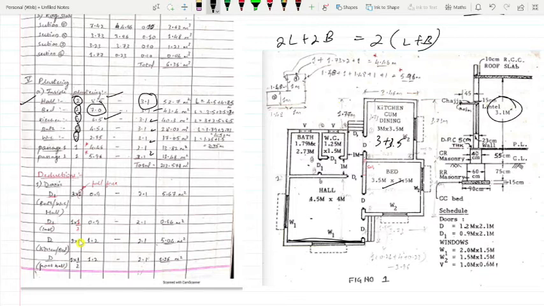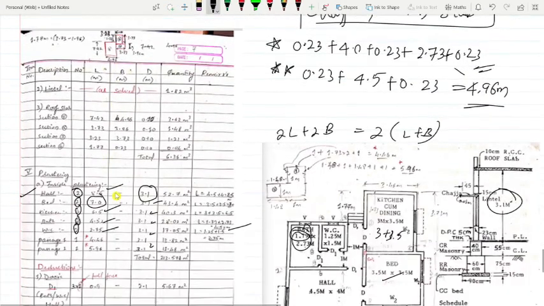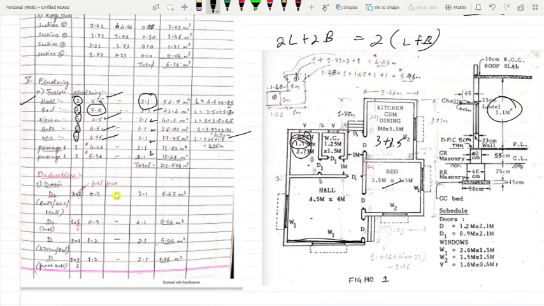Adding both long and short, whatever dimension you are seeing, you just add. Here 1.79 plus 2.73. Here it is given 4.5. And again 1.25 plus 1.5, 2.75. Passage. Passage here is very important. I have marked this with an asterisk here. Passage 4.46 meters.